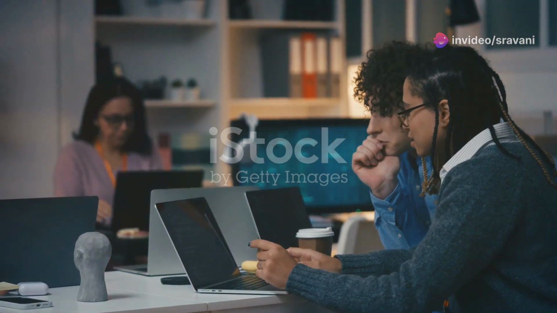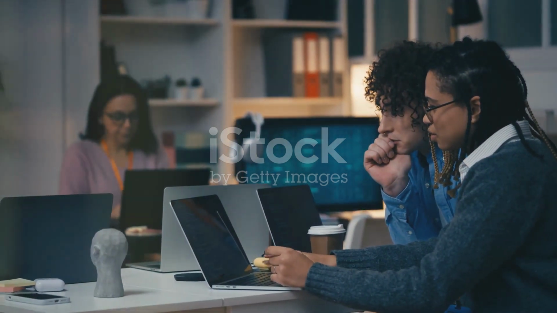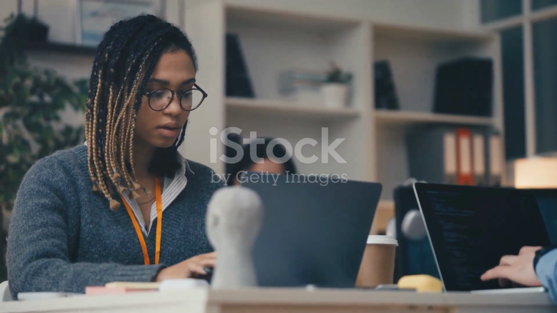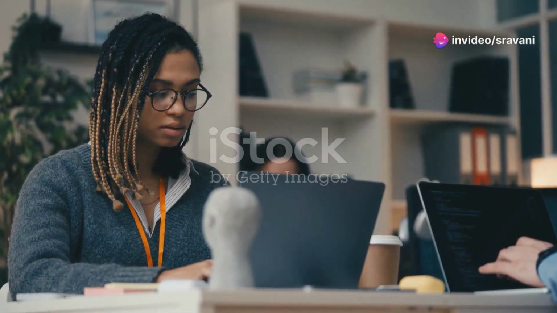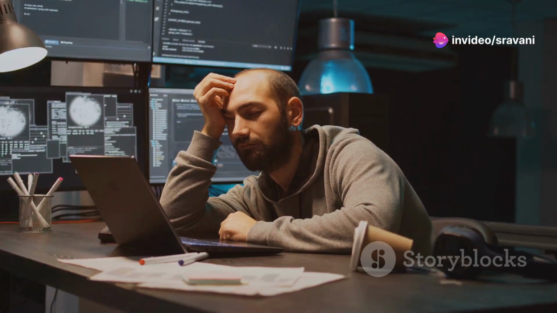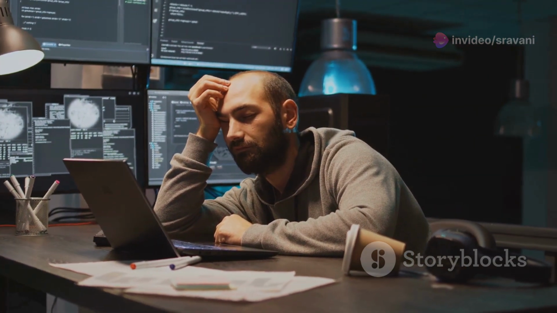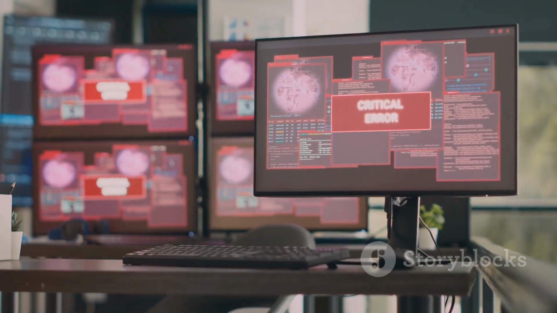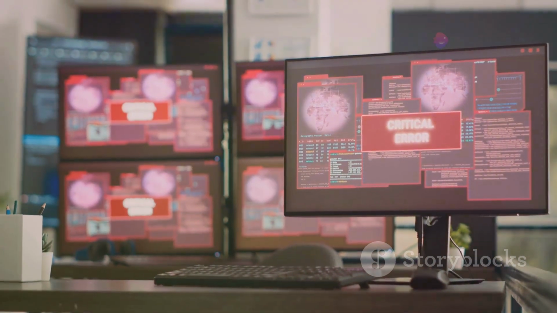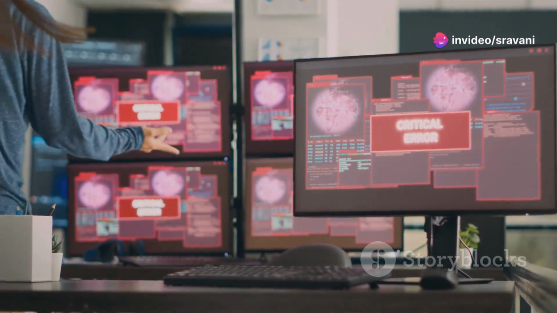Section 7. Common misconceptions about static testing. Despite its benefits, static testing is sometimes misunderstood or undervalued. One common misconception is that it's time-consuming and slows down the development process. However, the time invested in static testing pales in comparison to the time and effort required to fix defects later